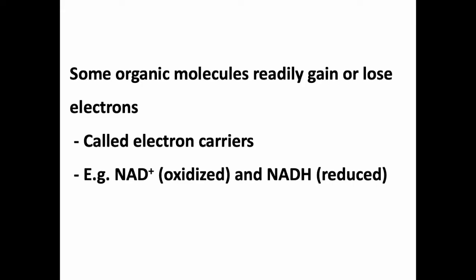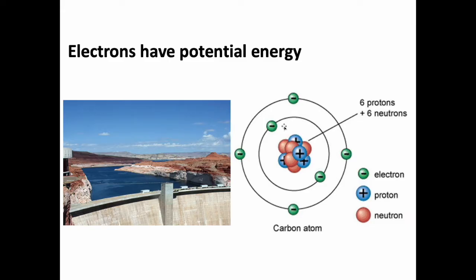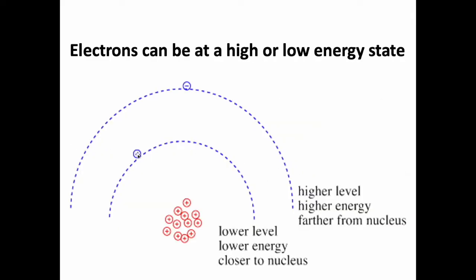One more thing about electrons before we can finally get into this metabolic pathway, and that is the idea that these electrons can exist at low energy states or at high energy states. And this is the most difficult thing to conceptualize regarding electrons and energy. I think the best way to try to show this is to think of these electrons as, again, they're orbiting a nucleus, and they can exist at a lower level, a lower energy state, closer to the nucleus. They can also exist at a higher level, at a higher energy state, farther from the nucleus.